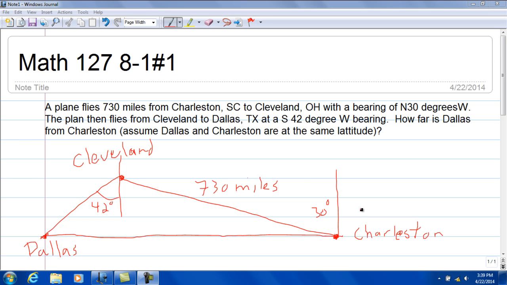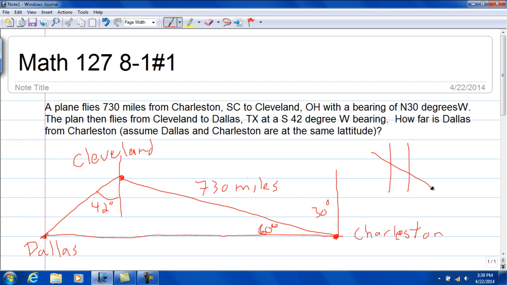Now, my drawing is not to scale by any means, because really this is more like a 70-degree angle here, whereas it's 30. But just to emphasize what's happening here, we have this angle, 30. If this makes a right angle altogether, that means down here must be 60. So that's 60 degrees. Also, this other angle, which is 42, the other part of that is going to be, well, there's a property